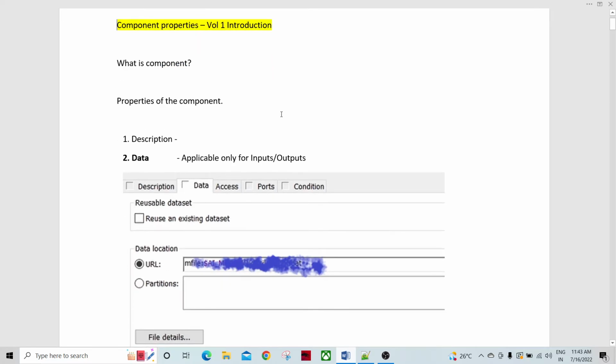Okay, so let's now talk about the properties of the components. So when we drag any component from the component library into our graph, there are multiple properties we need to configure so that that particular component accesses our data and works the way we want it to work. Okay, so let's say